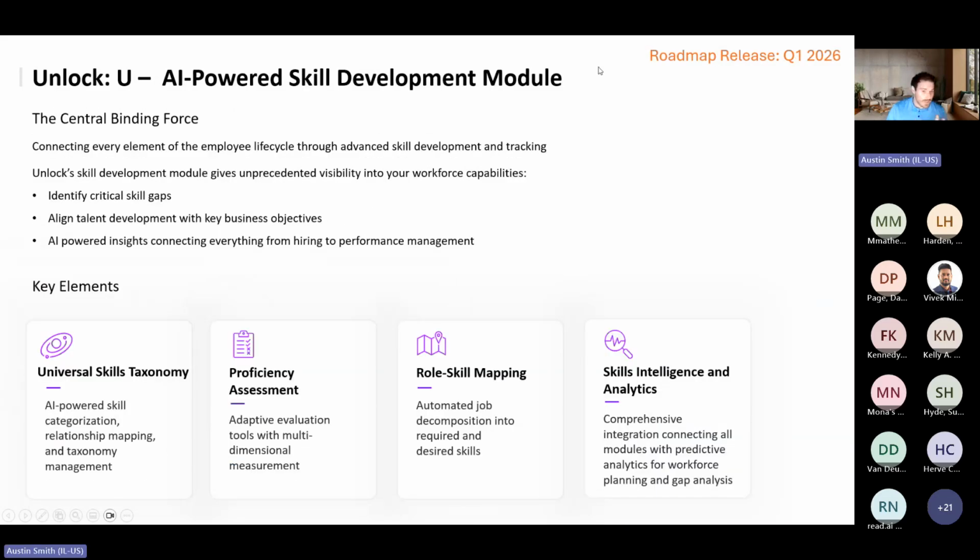Now, again, all of this is kind of tied together by our Unlock You development module that lays over the top as kind of the central force and connects all of these skills together with a big universal skills taxonomy. Through all of the resumes and job descriptions that we've been scanning, we have started to develop this huge skills taxonomy